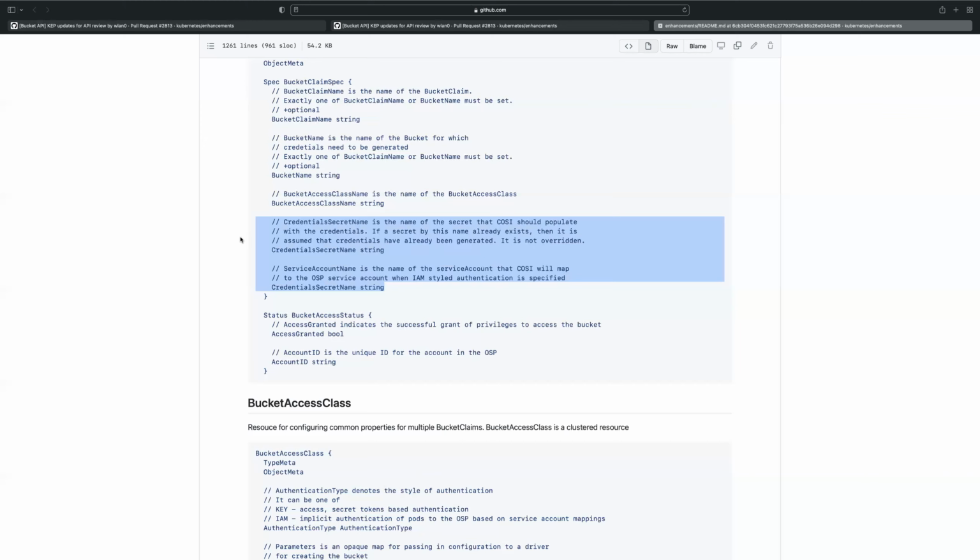Right, and with the possibility that the backend could be updated to use a different authentication method in the future, presumably. Yeah, and because these are going to be Kubernetes objects, people are going to build workflows around them that are meant to be portable, which means that they have to work across multiple drivers. So it's not okay just to say, oh, I know that my particular backend doesn't use service accounts, therefore I'm going to leave it blank. Because if someone else tries to use it and they leave it blank, it might not work for them.